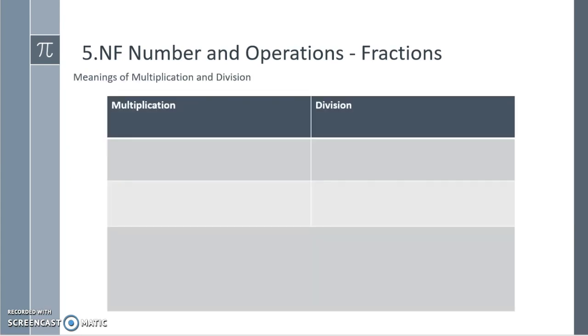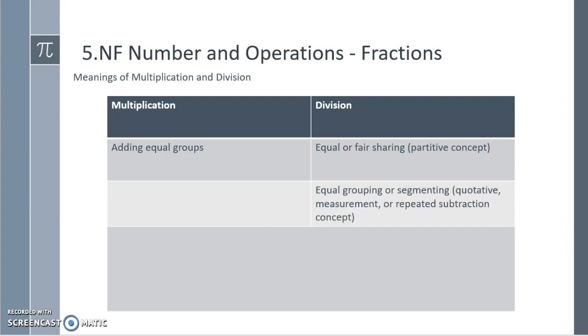Let's review some meanings of multiplication and division. So multiplication could mean that we're adding equal groups, and division could mean equal or fair sharing. It's called the partitive concept. Further equal grouping or segmenting is the quotative measurement or repeated subtraction concept. Multiplication and division can be represented by increasing or reducing quantities, as well as moving from factors to products or